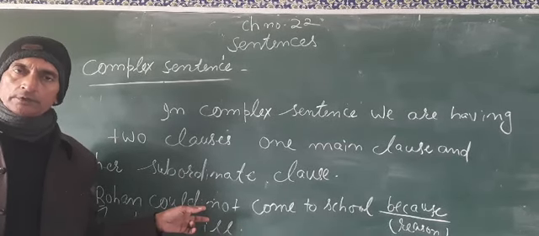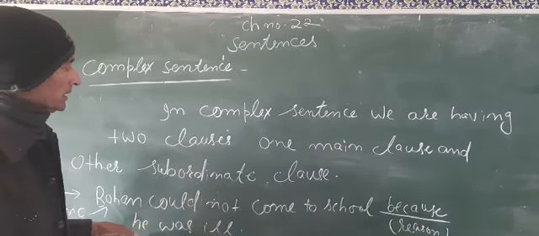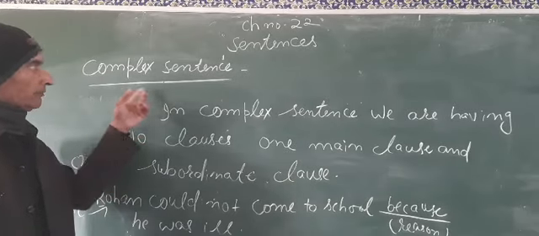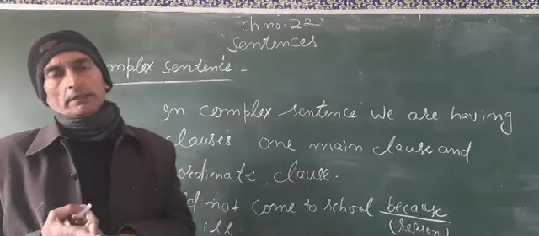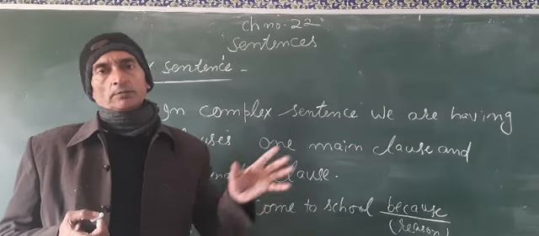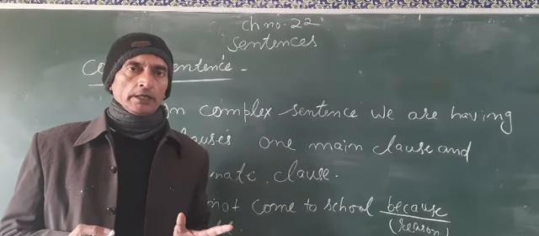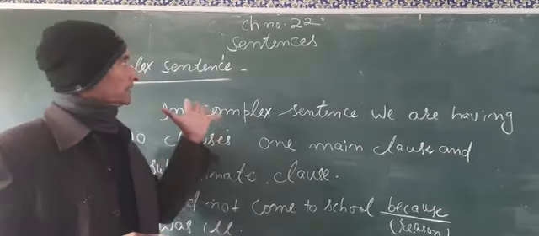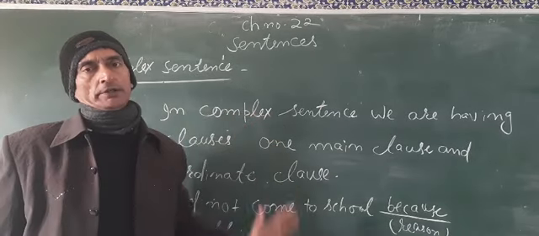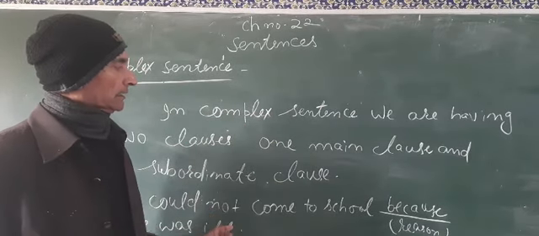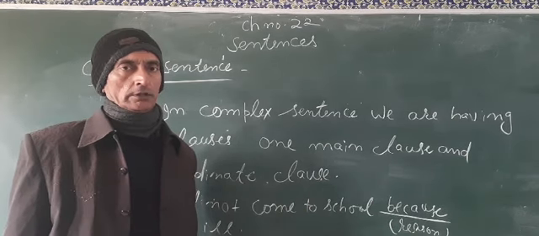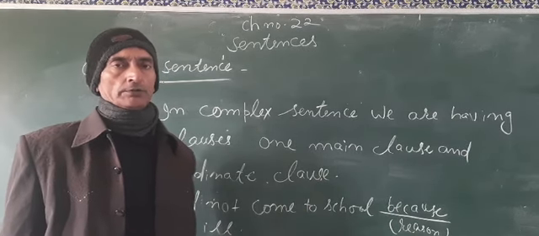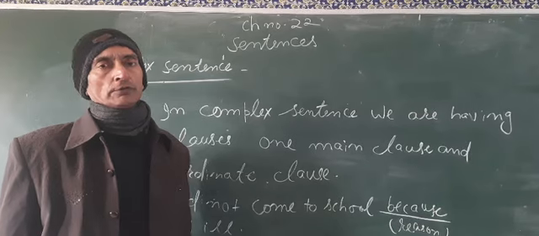Now we can say that a complex sentence has two clauses, one main clause and the other a dependent or subordinate clause. So in a complex sentence we use a subordinate conjunction. I have written some examples of subordinate conjunctions, and I think you know about those conjunctions. So you have to keep all